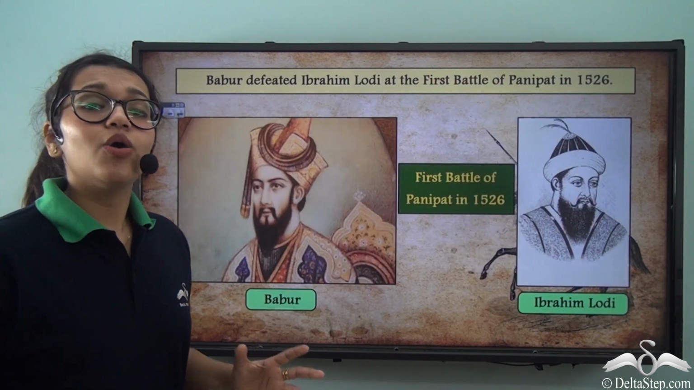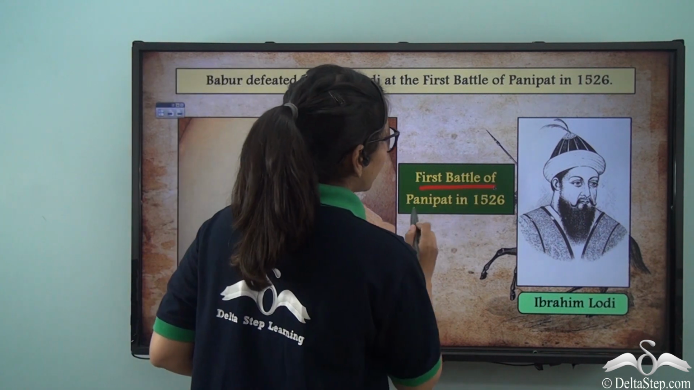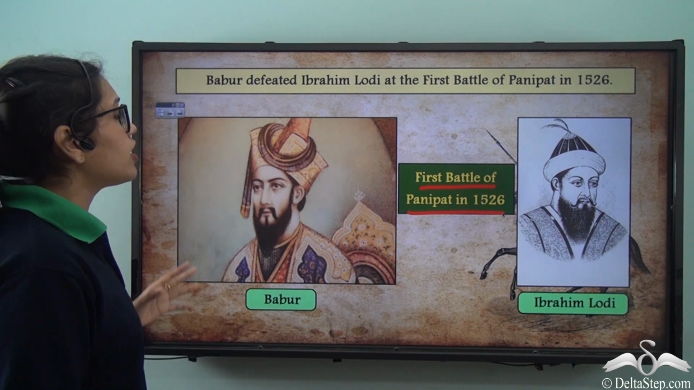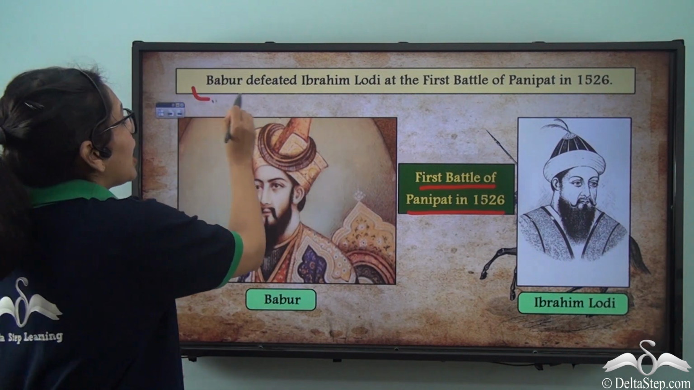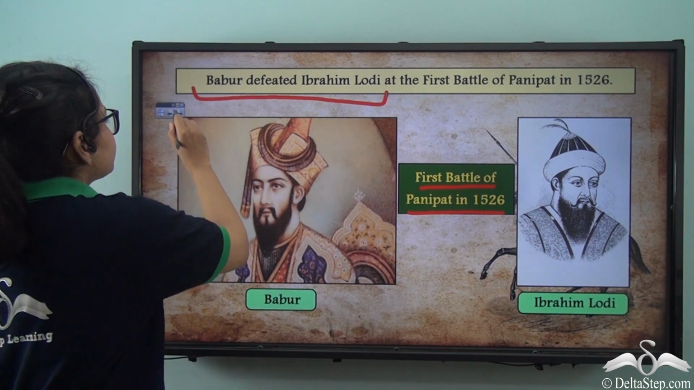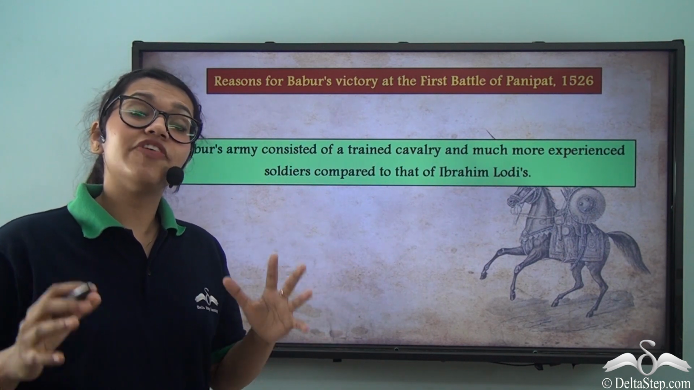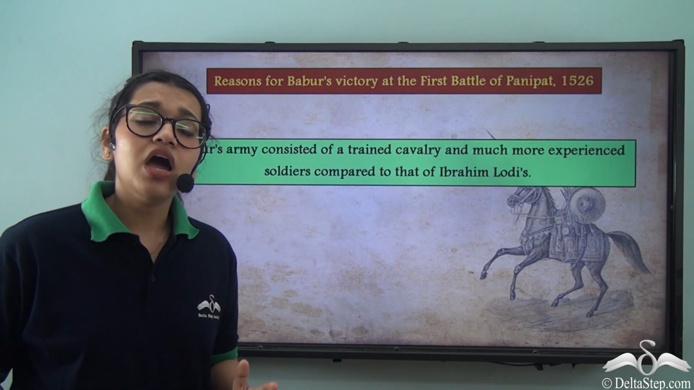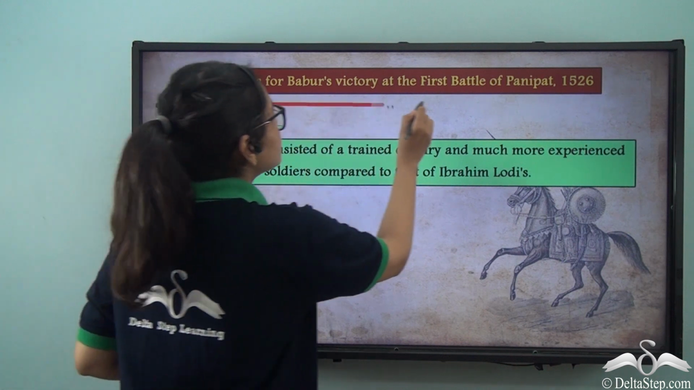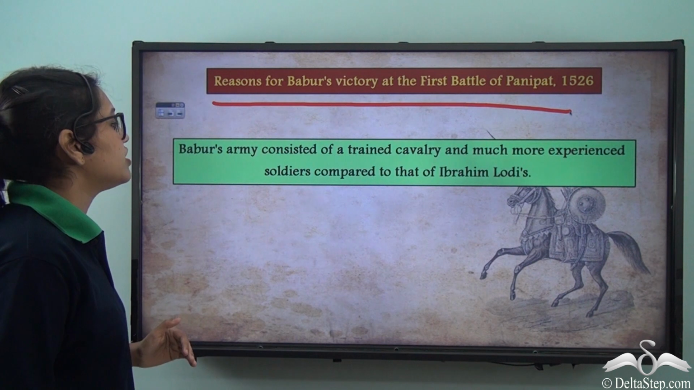What happened next? Well, after this, a very famous battle took place, which is known as the First Battle of Panipat in 1526. And what happened in this battle? Well, Babur defeated Ibrahim Lodi at the First Battle of Panipat. Now, even though Ibrahim Lodi's army was very big as compared to Babur's army, how did Babur come to win this war? Well, the reasons for Babur's victory at the First Battle of Panipat in 1526 included the fact that